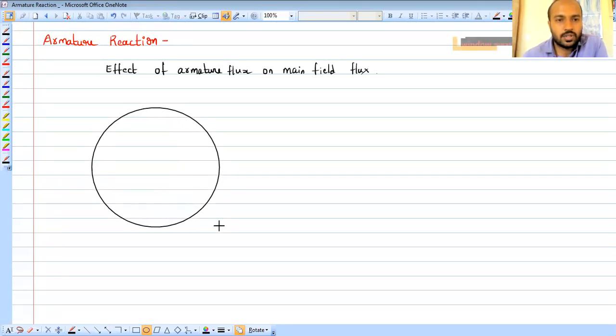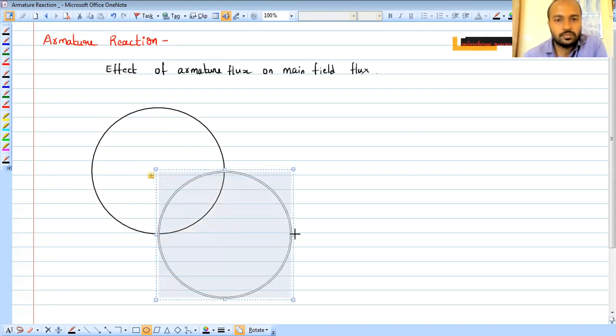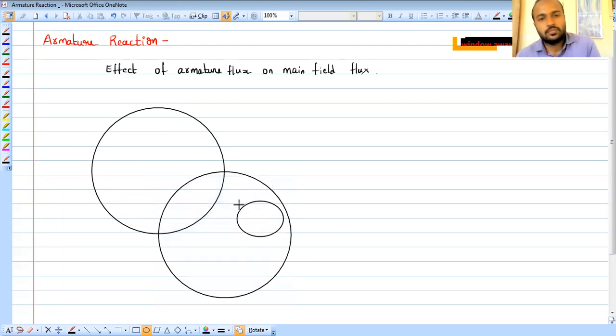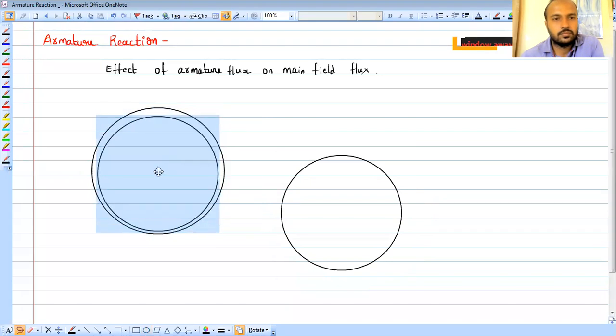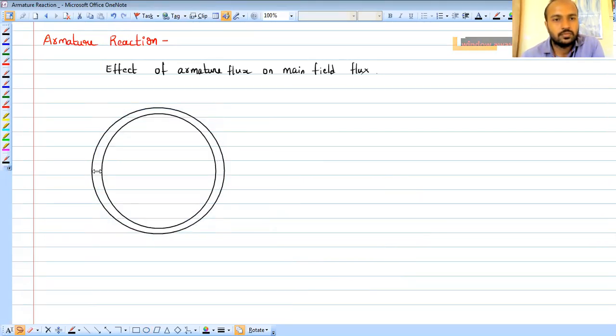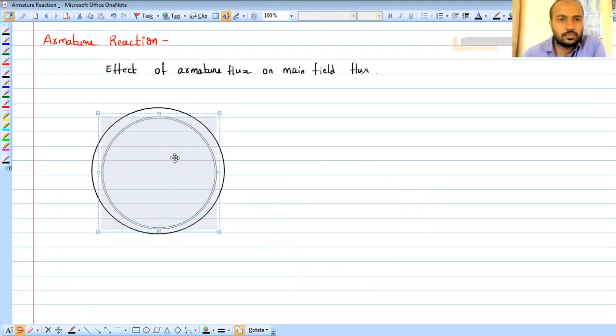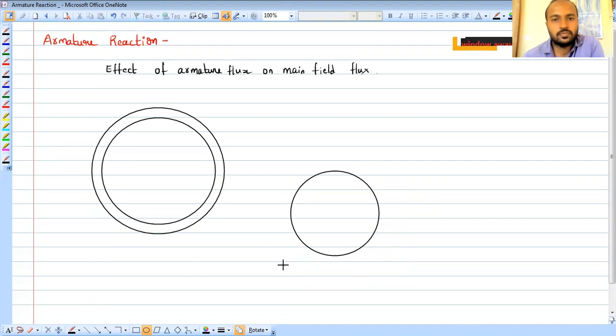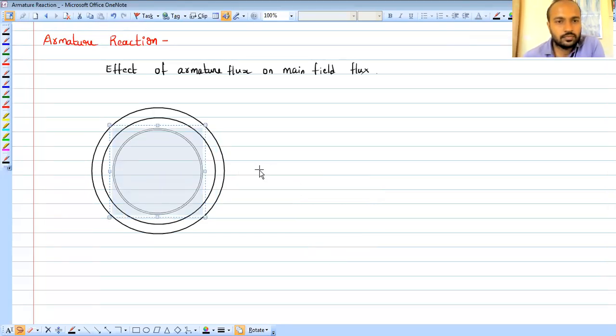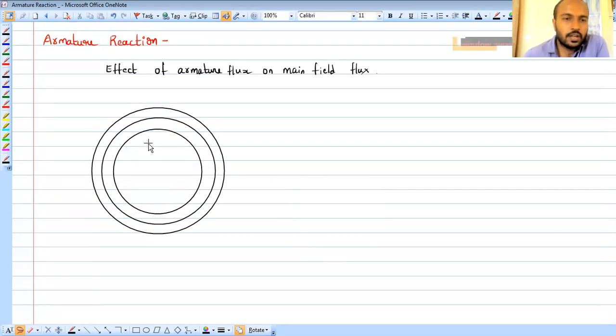Let us take a cylindrical rotor synchronous machine, and in this cylindrical rotor machine,